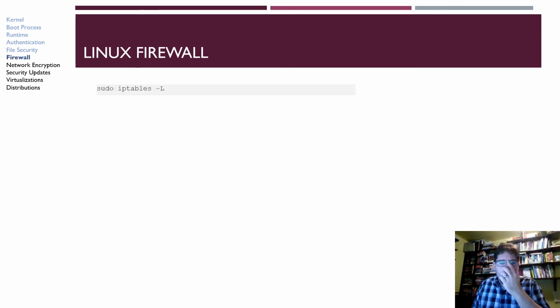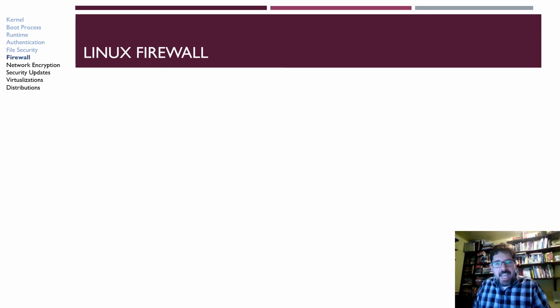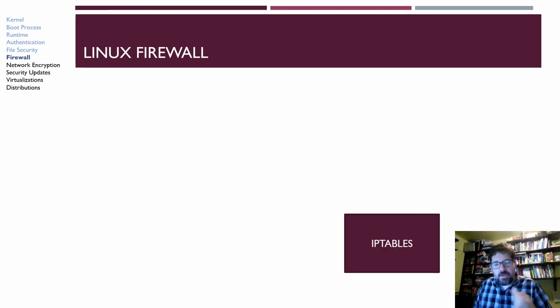So the Linux firewall, if you want to look at iptables in your machine in the lab, I'm going to have you run the iptables command, and it'll list up a bunch of stuff so you can see what your iptables configuration looks like. Now, we're not in the lab going to actually configure iptables. Instead, we're going to do something like this. We're going to run iptables, and we're going to take a look at it,